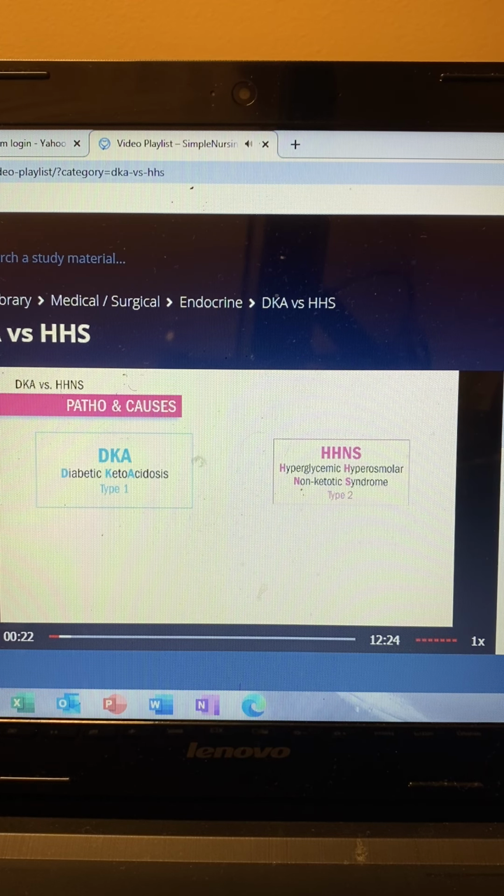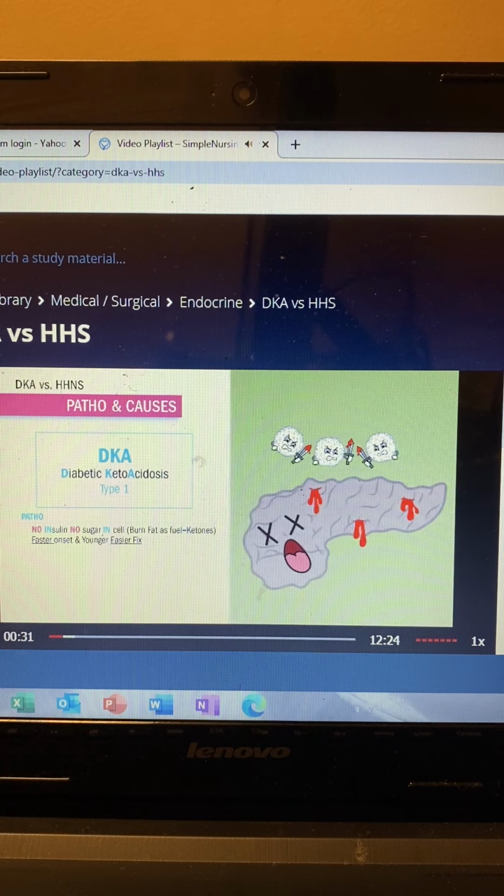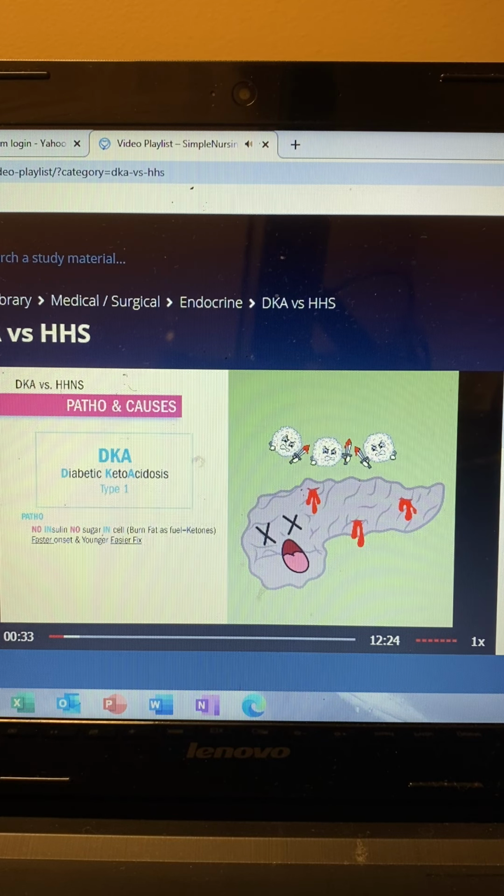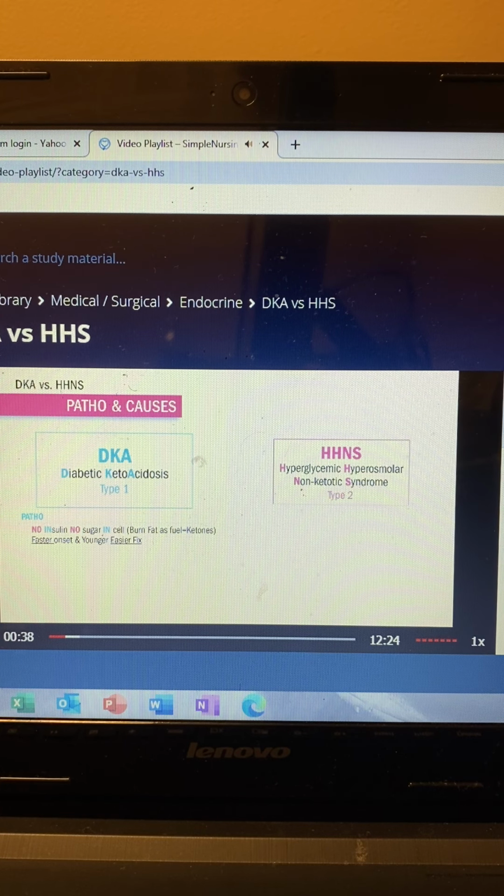Well guys, let the name help you. Diabetic ketoacidosis. There is no insulin produced since it's type 1, guys. We have none. The body killed its own pancreas, and as usual, no insulin means no sugar in the cell. Therefore, the body must burn fat for fuel, resulting in fat waste, and ketone bodies are produced. Kind of like how a diesel engine blows off a lot of exhaust, ketone bodies are very acidic wastes. So we have high acid in DKA, or diabetic